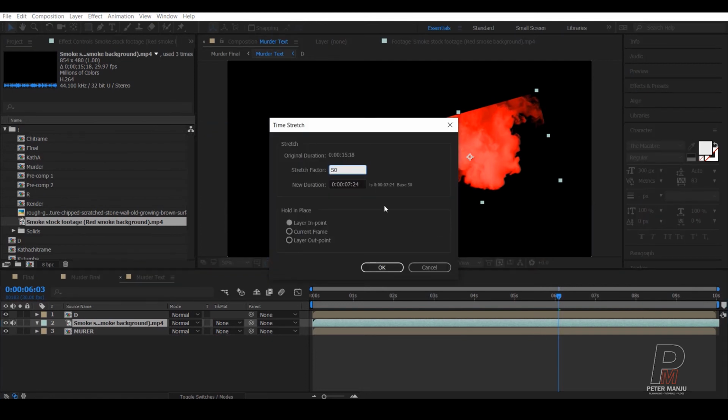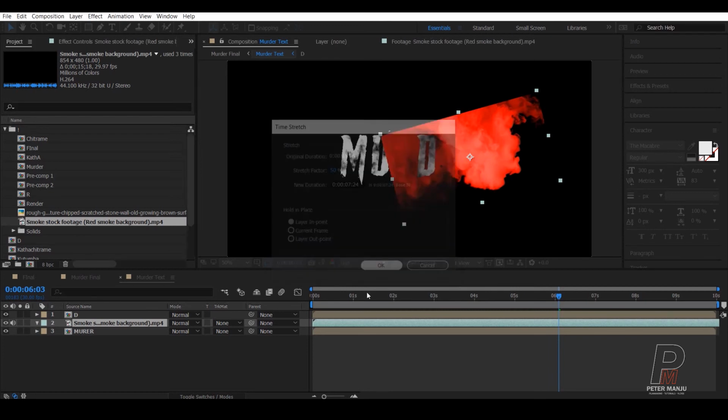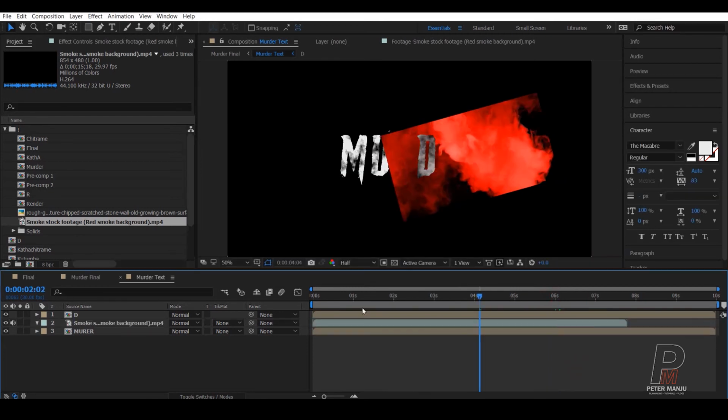That means 200% speed. In Premiere Pro and After Effects, this is the difference. In Premiere Pro, if you increase 200%, you need to type 200. In this case, we need to decrease the values, the numbers, to speed up. I'm gonna press OK. If I play this one,